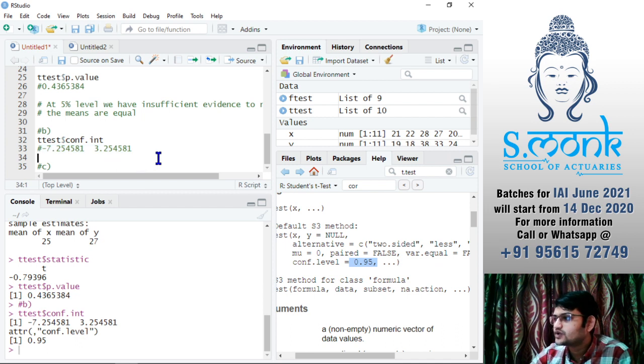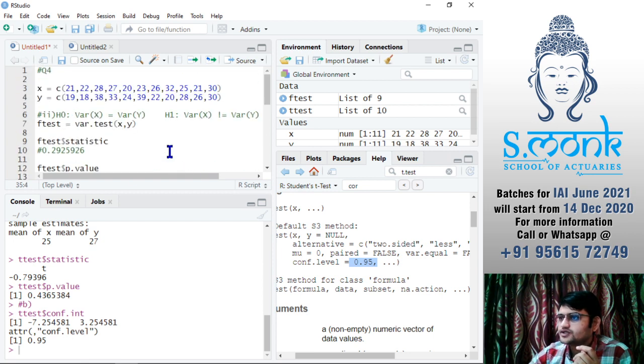Therefore we can conclude that at 5% level we are confident that x and y have equal means, something like this. So you have to talk about both of them and why. First would be the p-value and the second would be because 0 lies between them. Okay, that would be your conclusion here. So this is how you would write an answer.